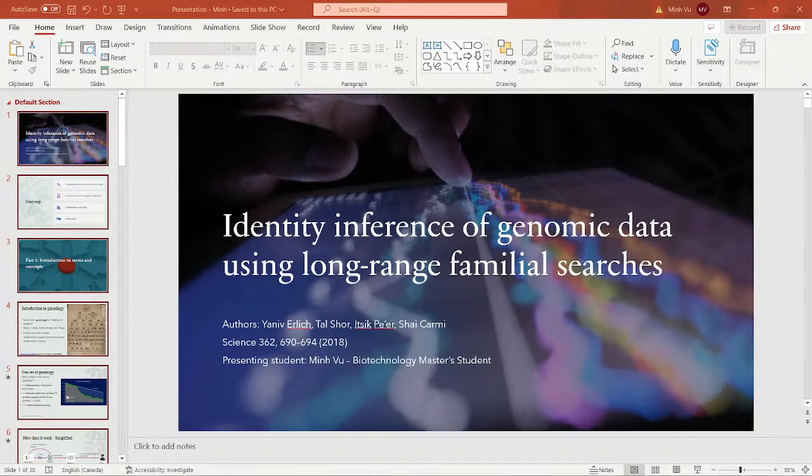So start with the terms and concepts, because I don't know about you guys, but for me it was a little bit confusing at first. So we are dealing with genealogy. Now, genealogy comes from the word genealogia from Greek. This means making a pedigree, and this is a study that focuses on family, family history, and lineage.